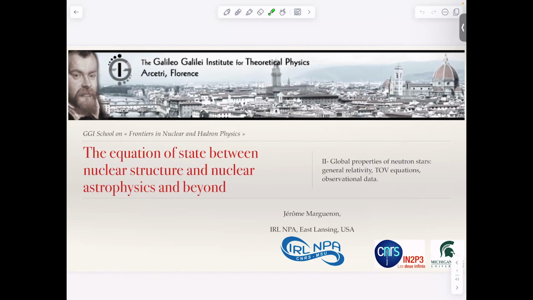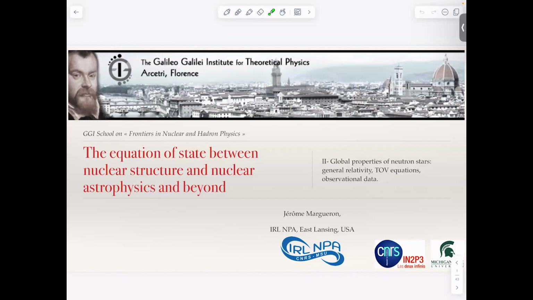Yes, good. Okay, so we have started the lecture on equation of state, but today I would like to make a pause on that subject and address the question of neutron stars and how we could describe the global properties of neutron stars by solving the general relativistic equations. And that will also be the subject of this afternoon's hands-on session,